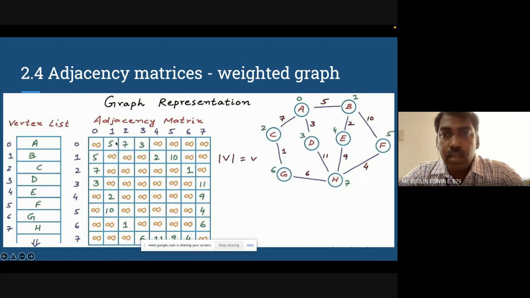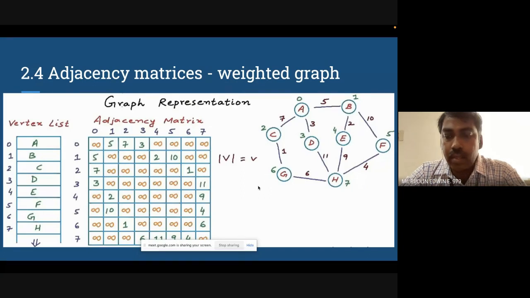So 0 to 0, there is no self iteration, so it's 0. Instead of 0 you can put infinity. Okay, so this is simple. Then when you go through every x and y axis of the matrix, you give the weightage and the remaining you can give as either a dash or infinity. So this is how, based on the weightage, you can create a matrix and assign the weightage for each